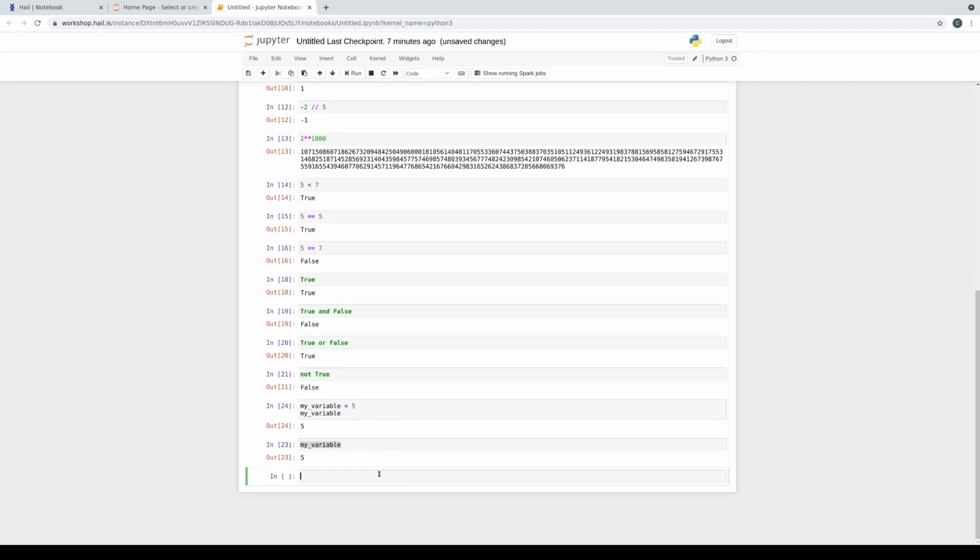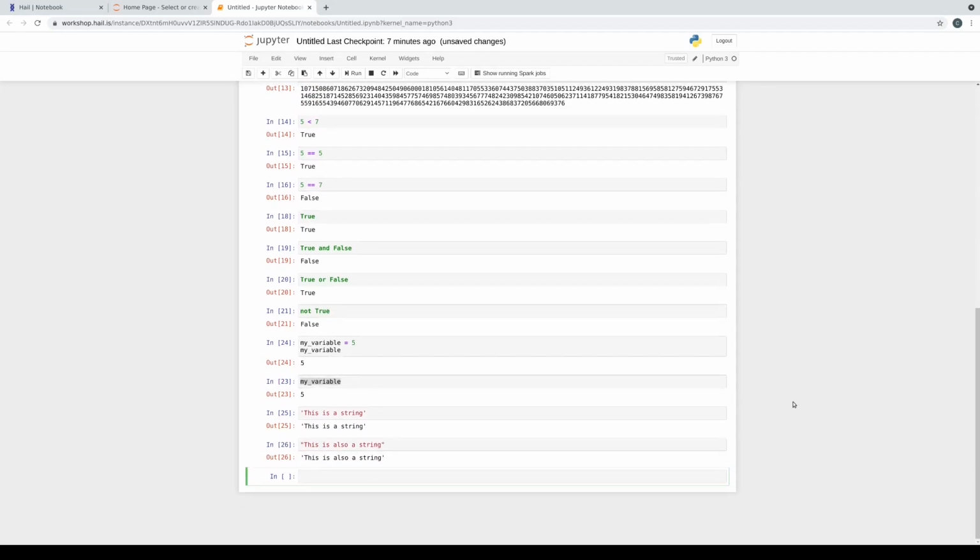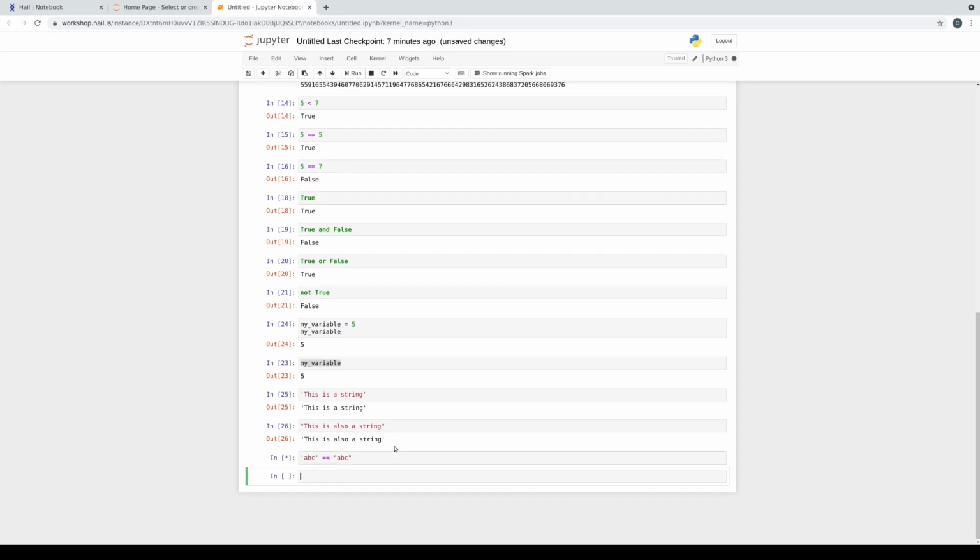Great. The next primitive type is strings. As we saw above, strings can be written with single quotes. Strings can also be written with double quotes. And there's no difference between the underlying strings. You see that Python has a preference for printing strings with single quotes when you evaluate them. So it doesn't matter if you use single or double quotes, you get the same string. So for example, ABC with single quotes is equal to ABC with double quotes.